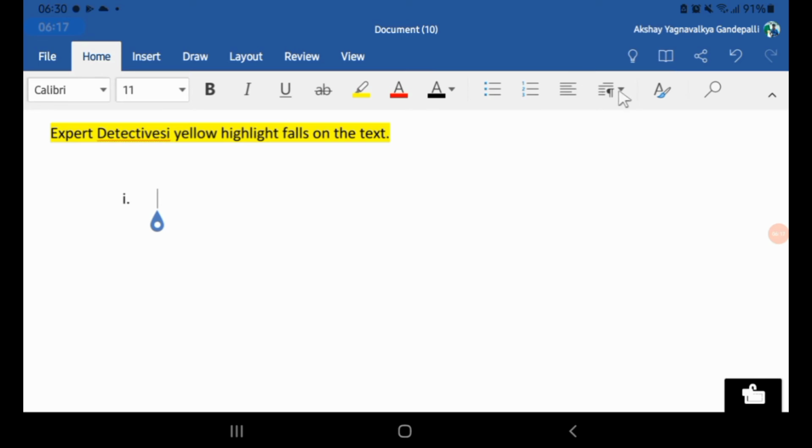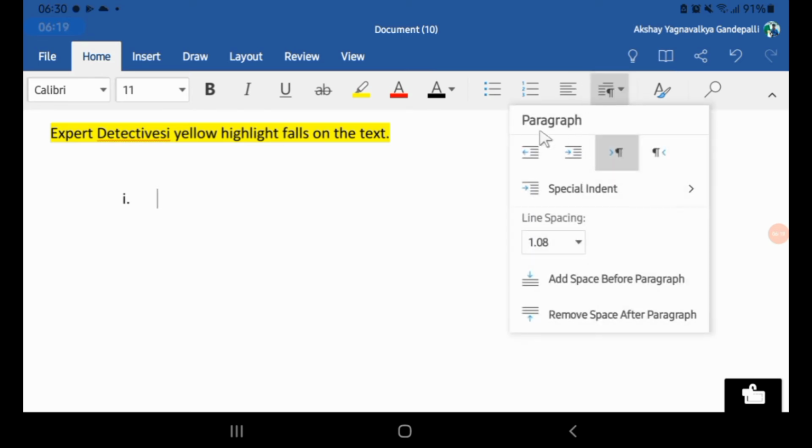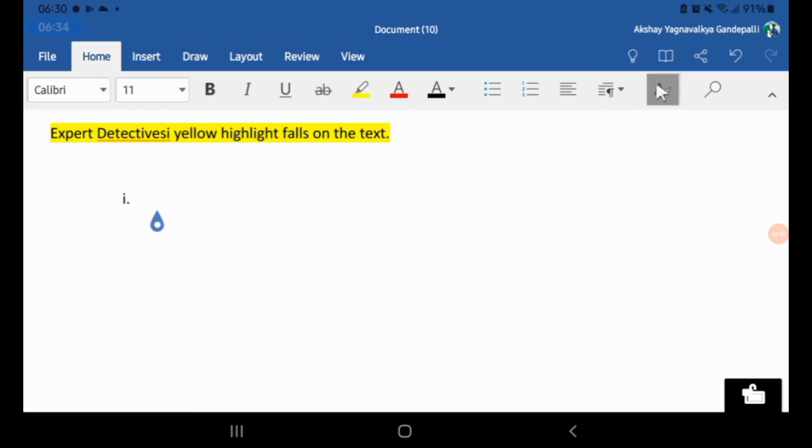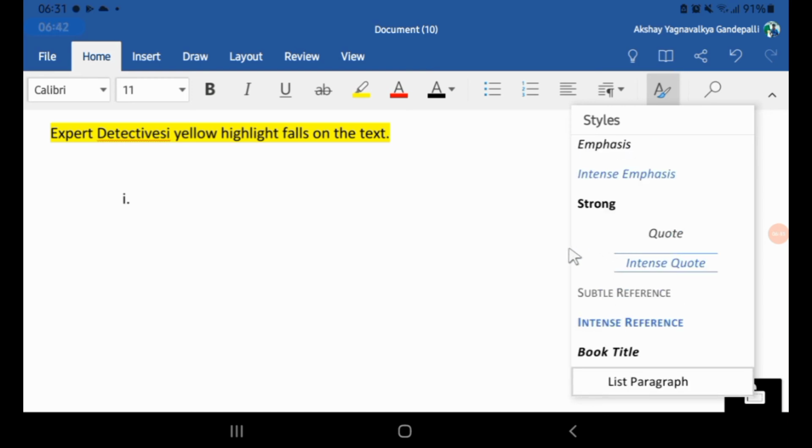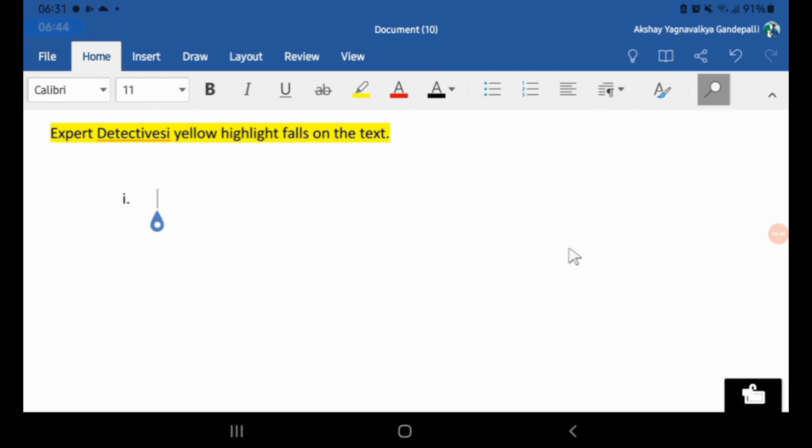These are the alignments, and this is paragraph, meaning line spacing and space before paragraph, and all are available here. You can set this to 1.0, 1.15, 1.5, etc. These are styles, so you can choose normal style, no spacing, heading 1, heading 2, title. In this way you can select the style.